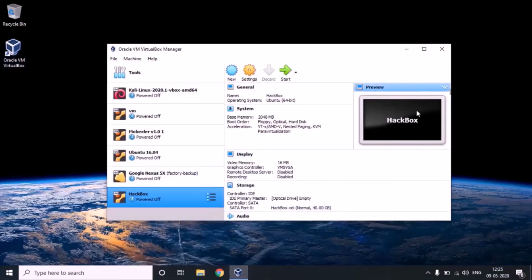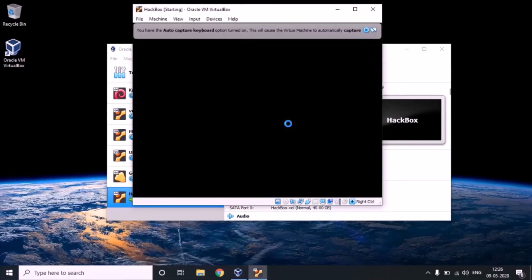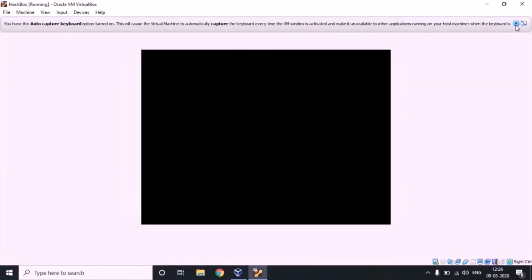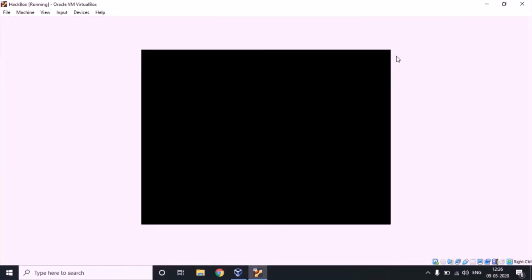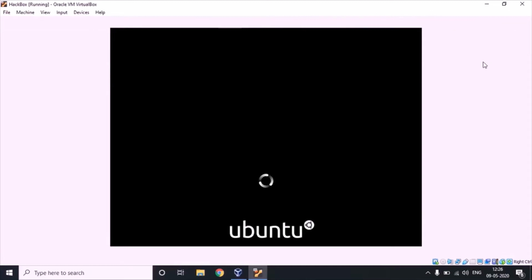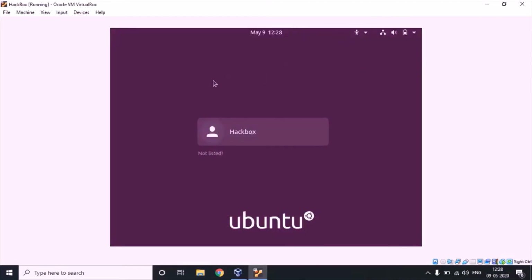Now go to your VirtualBox, select this machine and again click on start. I'll just maximize it, close this. Our Ubuntu is starting now. So we can see our machine name over here.